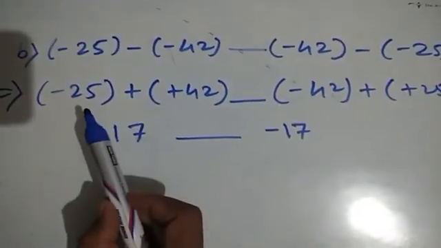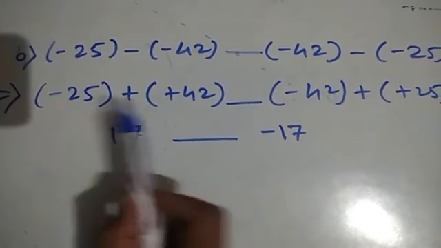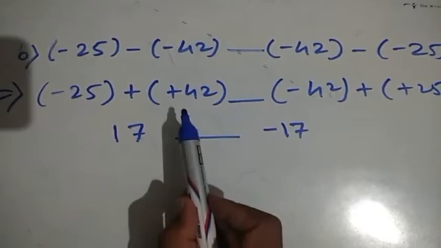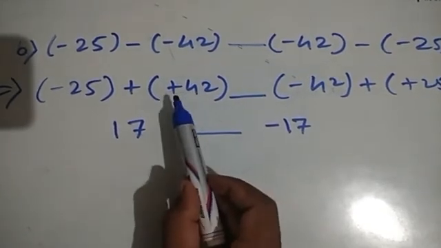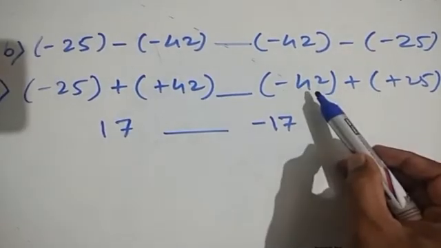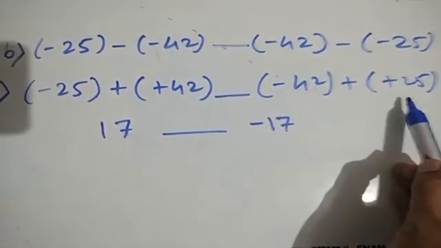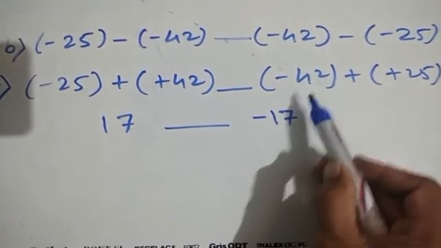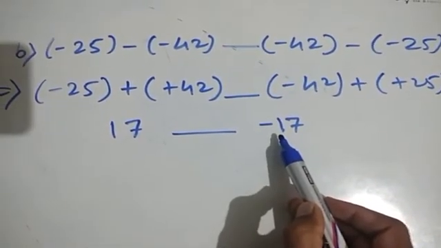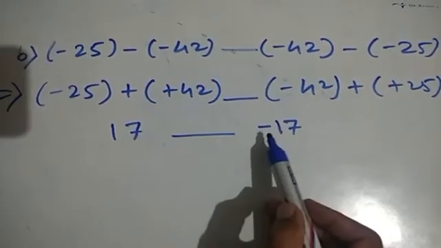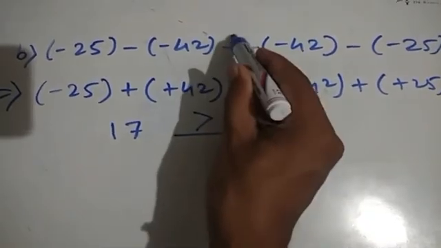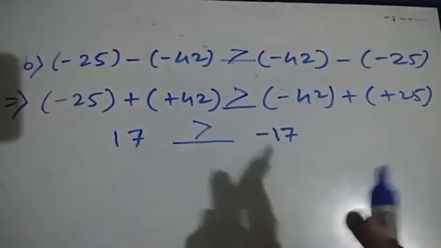Now we can simplify easily. Here one integer is negative, one is positive. So subtraction. 42 minus 25 is 17, and the greater number has a plus sign, that is why this will be plus 17. And here again a negative number, a positive number. Subtraction. 42 minus 25 is 17, but the greater number has a minus sign, so the answer will carry a minus sign. Therefore we can easily compare them. This 17 is positive, this one is negative. Therefore this 17 is greater than minus 17. Therefore this one is greater. I hope you understood how to solve.